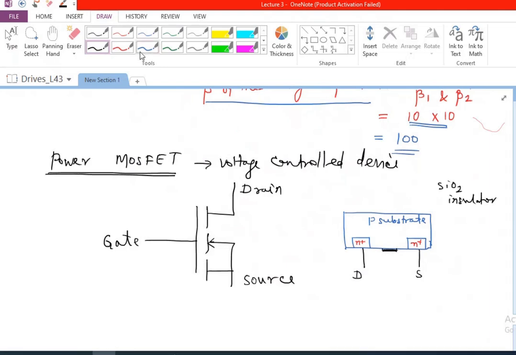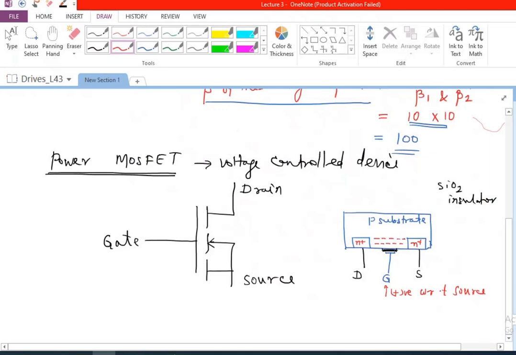And from there, we are going to have a small metal connection, and this terminal that is taken out is gate. So this is going to be the gate terminal. Now, because there is an insulator here, if I apply a positive voltage with respect to source, then we are going to have negative charge induced or accumulated here, depending upon how much positive voltage I have applied in the gate terminal, there is going to be negative charge